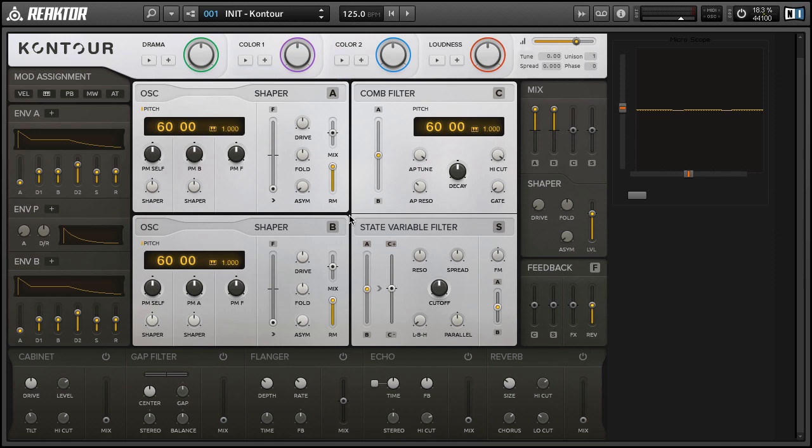Another thing we can do with the ring modulation in Kontour is take one of the signals and move it way down to a very low frequency area. And this says -10, a MIDI note, but that represents a very low frequency below the hearing range. And if I put the key tracking to 0,